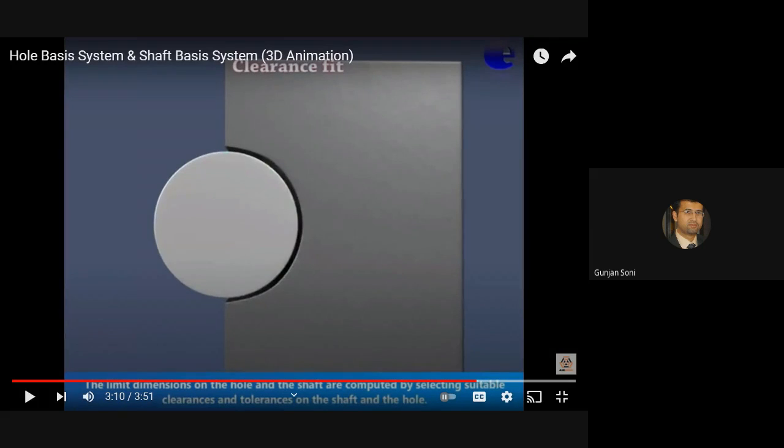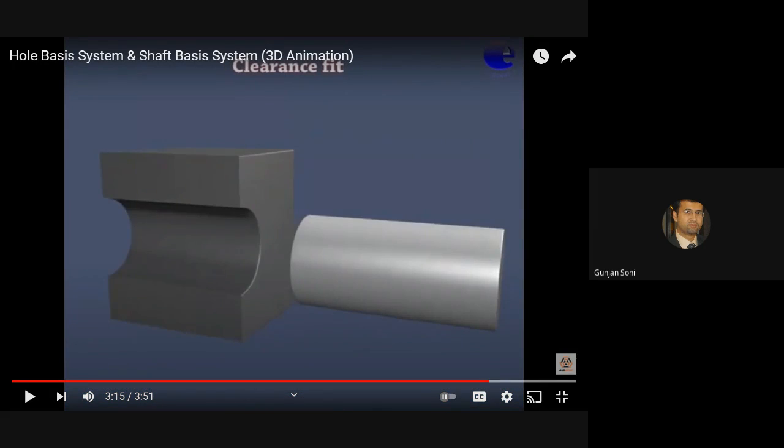Okay, so that's the thing, and we will continue our talk on international grades in the next class, and then we will also do the designing part of the gauges. Okay, you may give your attendance now.